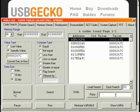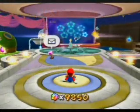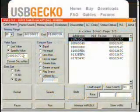Alright, the search is done, and we are left with only 6 codes, which is pretty good. Every once in a while you'll have a couple of tens of thousands. So we're going to go ahead and we are going to use 2 star bits, and we are going